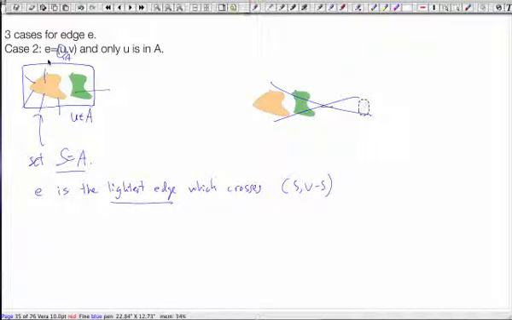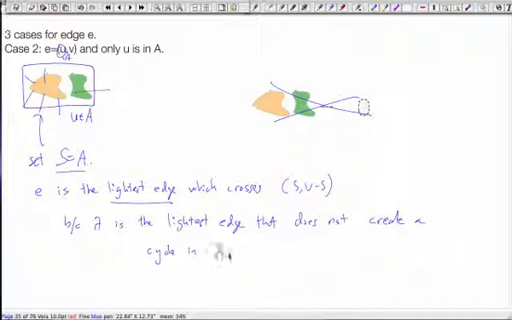But how did we pick edge E in Kruskal? Remember, the selection parameter in Kruskal's algorithm is pick the lightest edge which doesn't create a cycle. That's a very nice, clean way of saying it. What's also true is it's the lightest edge which happens to cross a cut which respects your partial solution. It's just a longer way of saying it, but it's the reason for why it works. Because it is the lightest edge, right? It doesn't create a cycle among the edges that we've selected so far. And so that's why we know that we can define this edge in that particular way. And so therefore, by cut theorem,